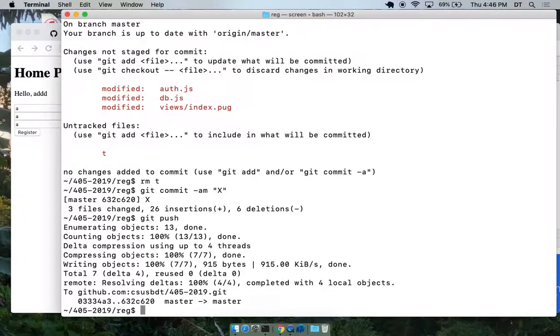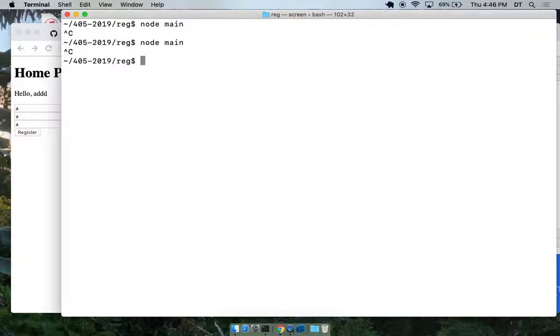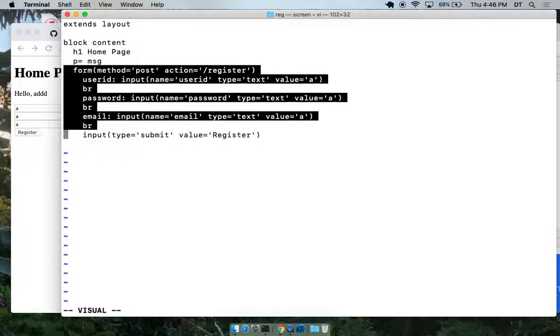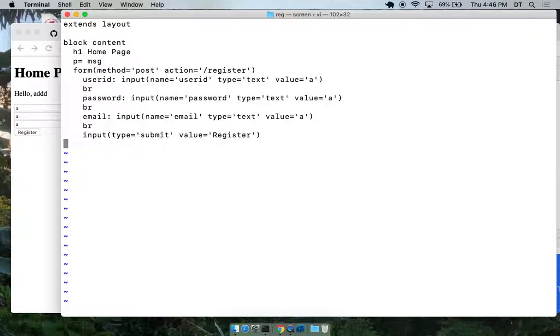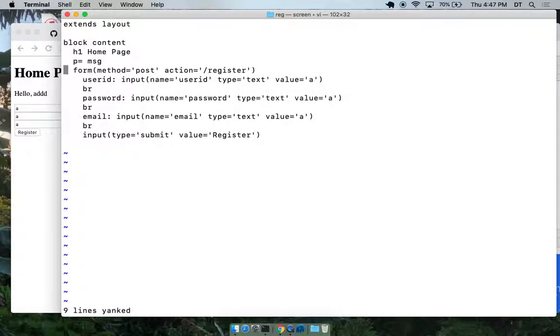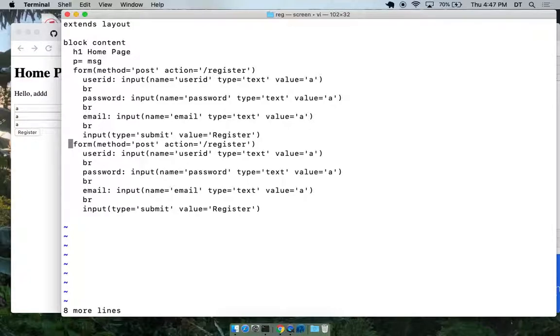All right. So inside views, we've got that index. And this is what I wanted to do here. Let's get the other, what's going on here? I'm going to get the login and logout working now. So this is going to be login.